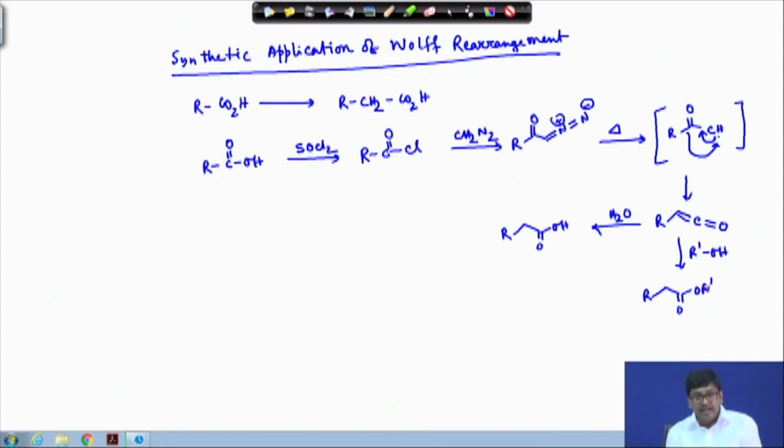So, we are starting from a carboxylic acid, and we end up with a 1 carbon homologated carboxylic acid or its corresponding ester, and this is happening through the Wolff rearrangement. This is one of the beautiful applications of the Wolff rearrangement, where one carbon homologation is possible from the corresponding carboxylic acid, and this is called